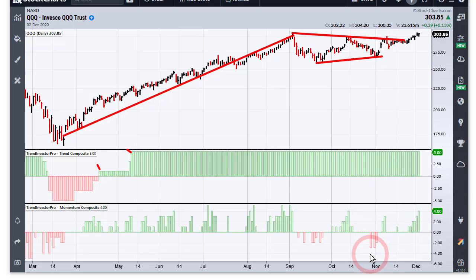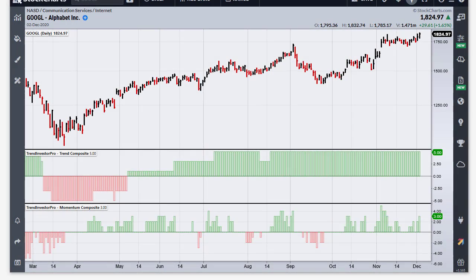We can see the momentum composite had 3 indicators oversold there in late October, and that was a nice heads up to a mean reversion bounce, and now we've got the breakout, which is more of a medium to long-term situation. So let's look at some of the key tech-related stocks that are driving QQQ and what they portend for